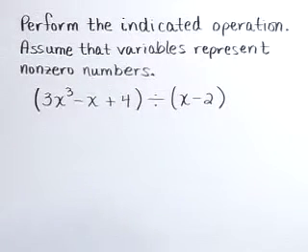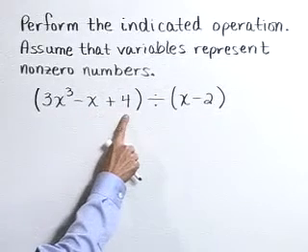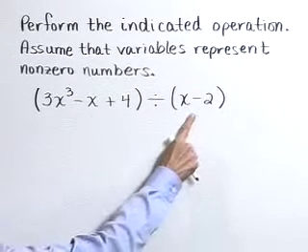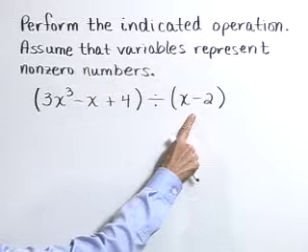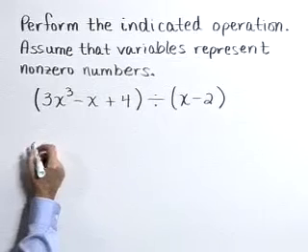Perform the indicated operation. Assume that variables represent non-zero numbers. We have the trinomial 3x to the third minus x plus 4 divided by the binomial x minus 2. Now, since this divisor is something other than a single-termed monomial, we'll need to use long division to perform this